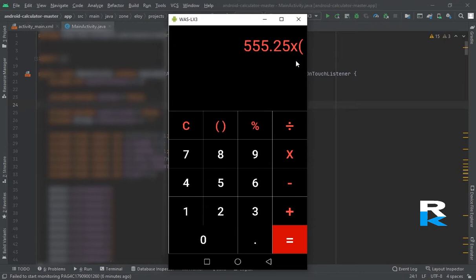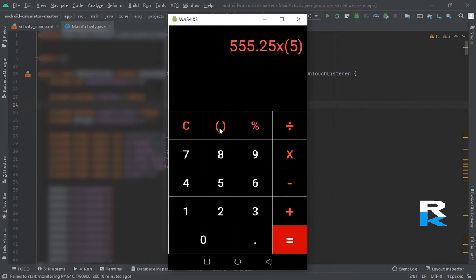So I have already done the code of this, but I want to share with you how to build this calculator. Let's suppose I click 5 and again parenthesis, look, it is now the closing parenthesis here, not the opening one.